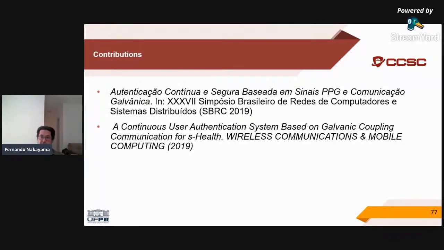Our contribution so far allowed the publication of a conference paper and a journal article. Both were completed when I was part of the Health Sense project, which is a cooperative project among the Northeastern University in the United States of America and the Federal Universities of Paraná and Pará in Brazil. The classification and the organization of the essential services and the communication requirements for IOHT that I have just presented allowed us to write a journal article, which is currently under review.